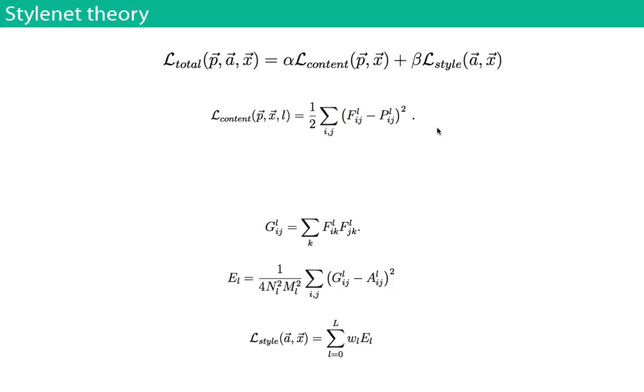So we're trying to create this image, right? And it starts off as just, we create an image the same size as the content, and it has random pixels. And then we are able to produce the restyled image using this iterative process, which does the following. We're trying to minimize this loss function, this loss formula. And we have three images, P, A, and X. P is our content image, A is our style image, and X is the new image that we're creating.